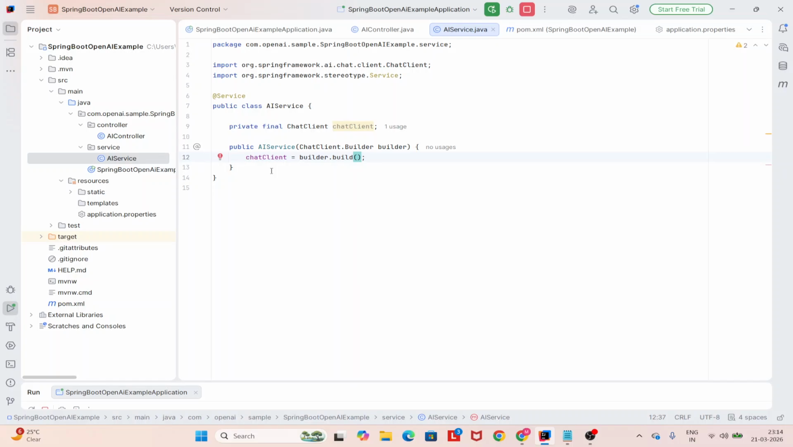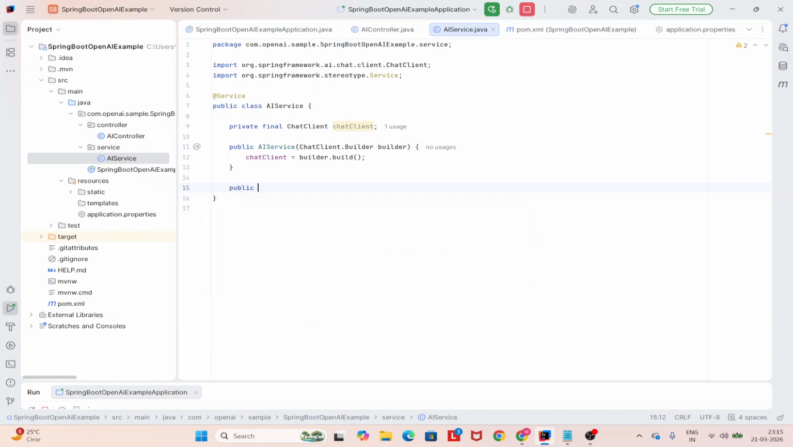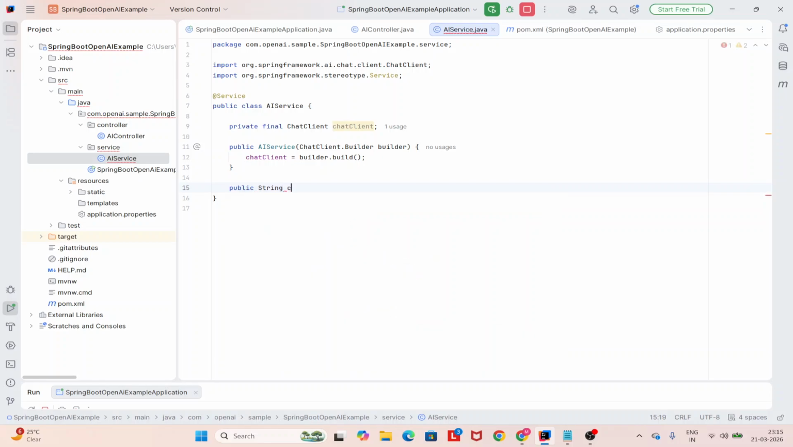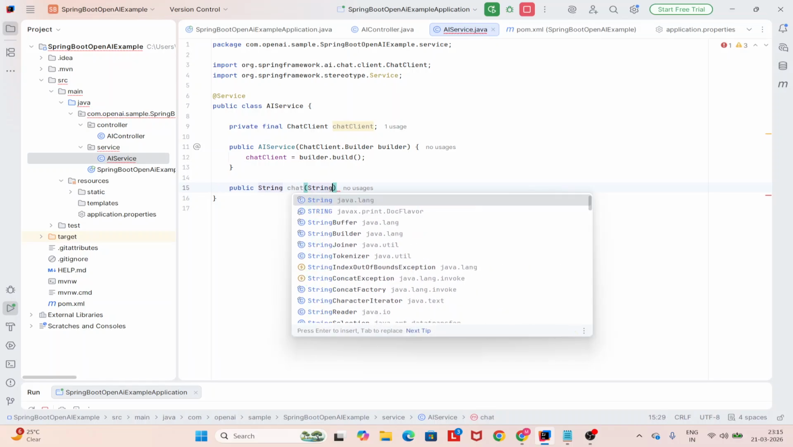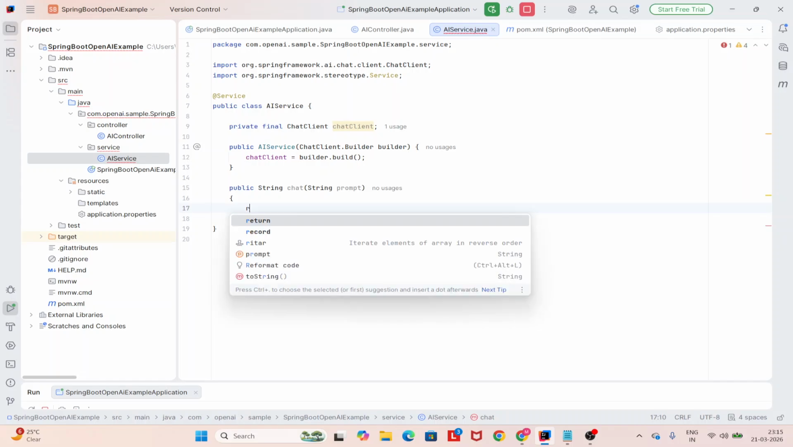Okay, this is done. Now we will be creating one method which returns the output as a string, and it is also named chat only. String prompt we will be passing from the controller layer. Okay, then we will be calling return